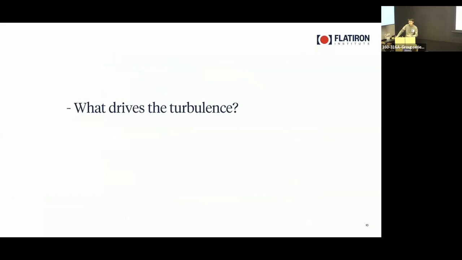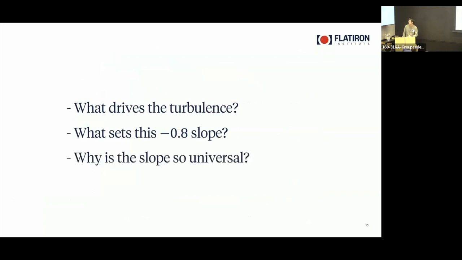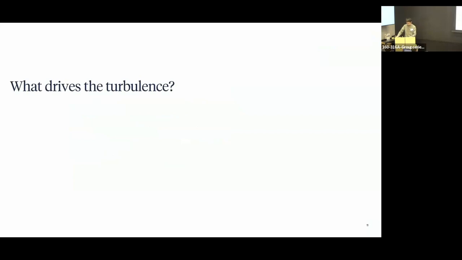The first question is what drives this large scale turbulence? The second question is what sets this -0.8 slope? And finally, as I mentioned earlier, the slope seems to be quite universal. Why is that? So in order to answer this first question, the easiest way to do it is to look